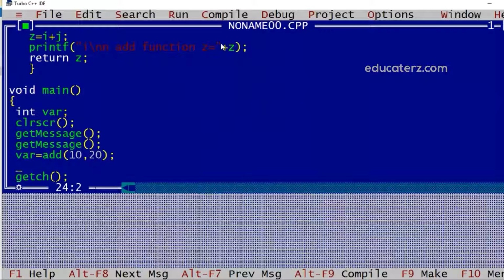Now if we want to display this value, then we can use printf to display the var. Say in main var equal to %d. Here also we need to give %d.